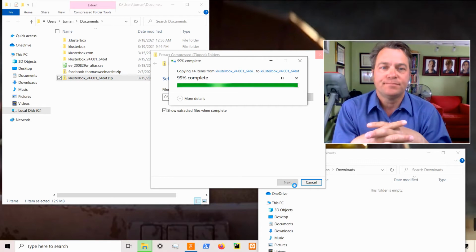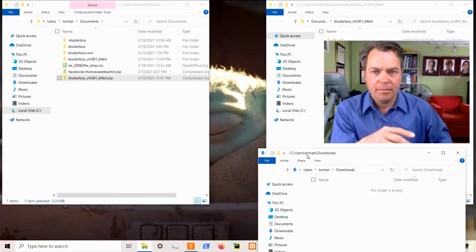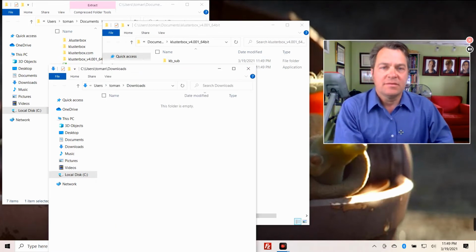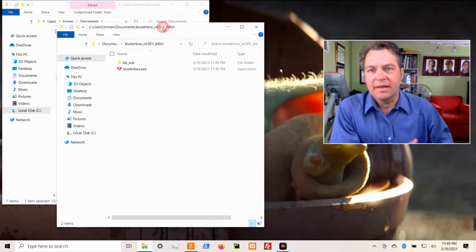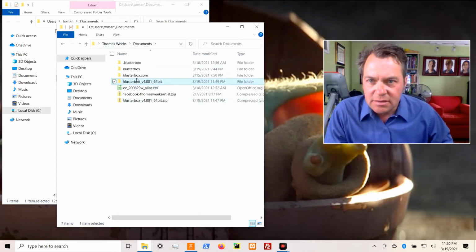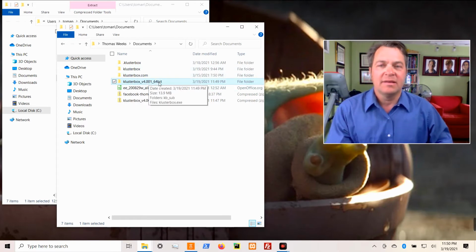Seems to be taking a while. There we go. Okay, there it is. It was hiding behind my window here. So this is what it looks like. This is kind of confusing because I have a bunch of Klusterbox folders here, but this is what you just created by extracting that